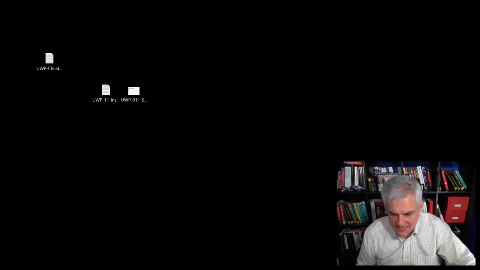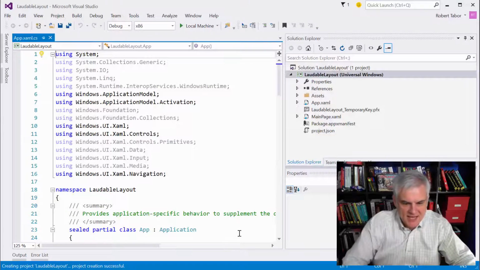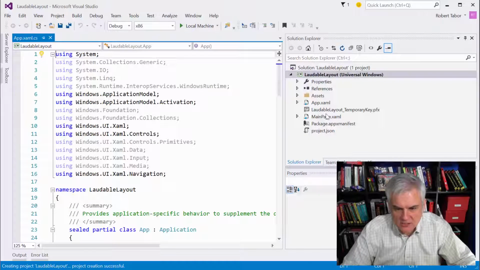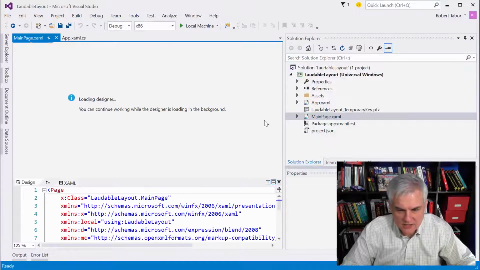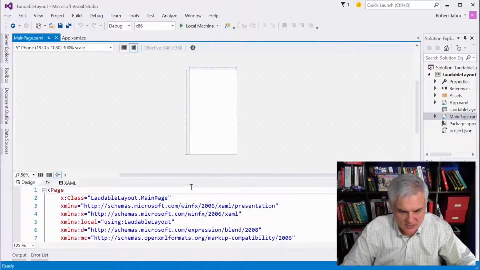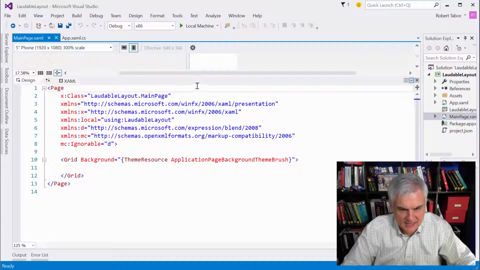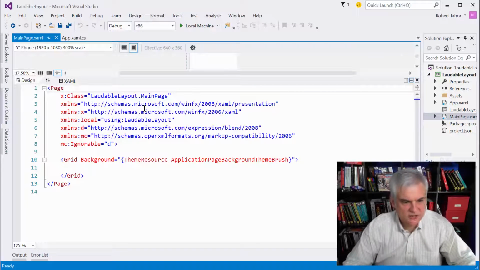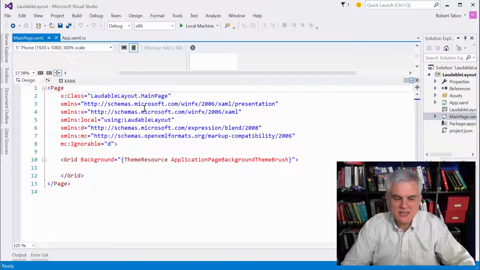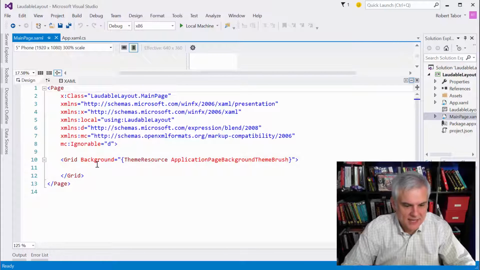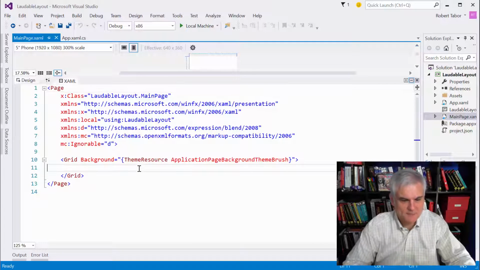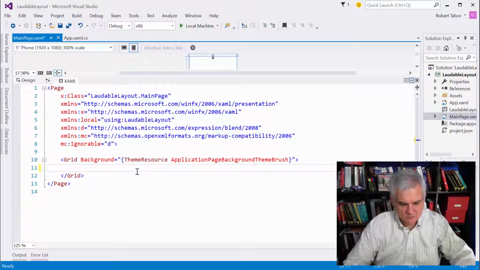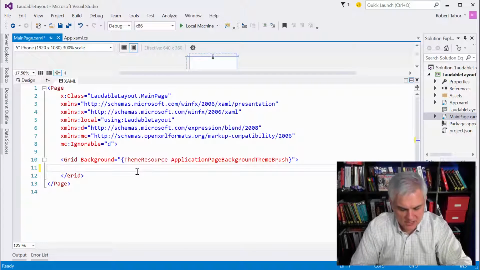Let's minimize that and bring Visual Studio back up. We're only going to be working with the layout. So let me open mainpage.xaml and move this over so we get a good look at this. I'm going to do most of the work just here from memory in the XAML pane and not really worry about what the designer looks like too much. We'll come back to that later. So the first thing I'm going to do is lay out some grids and some rows and columns. So here we go,